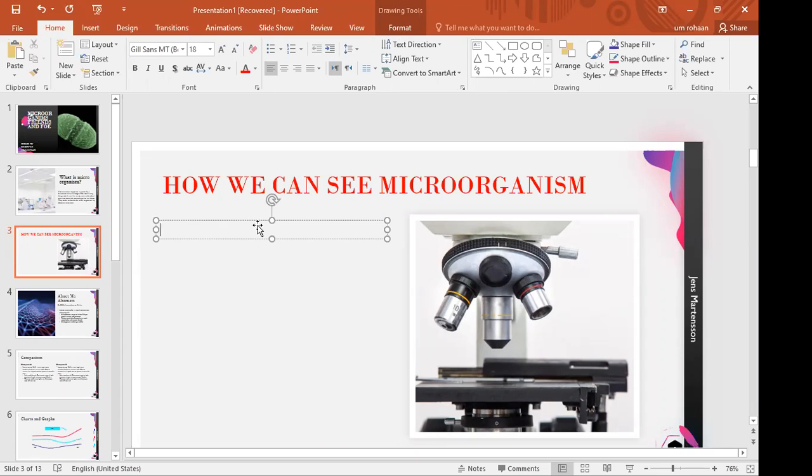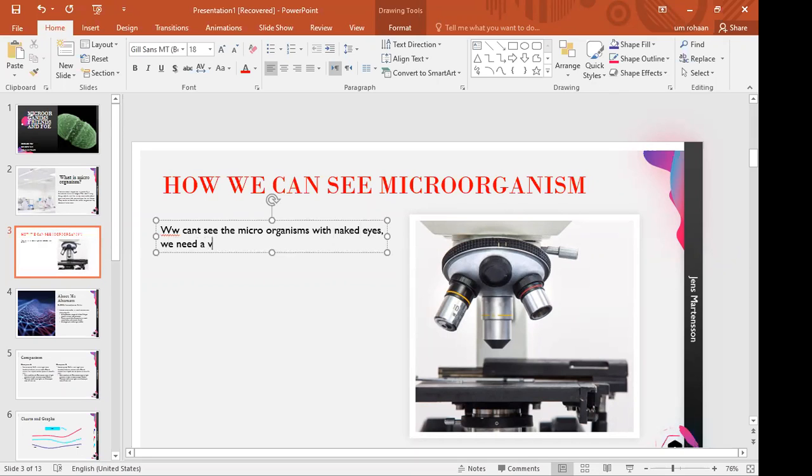Okay. When we go on Google, we have to search how do we see microorganisms, and then we will write over here. Like for example, we can't see the microorganisms with the naked eyes.